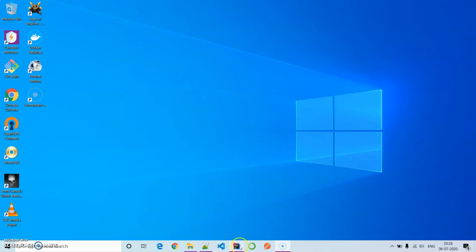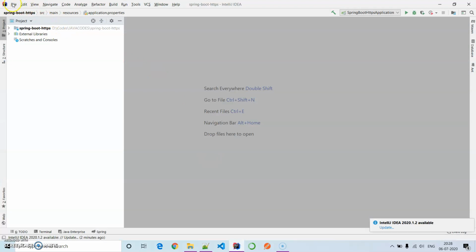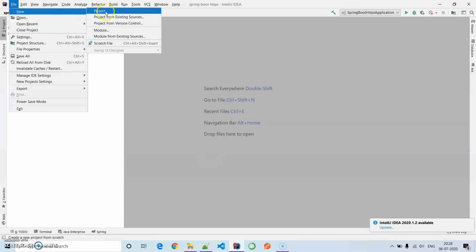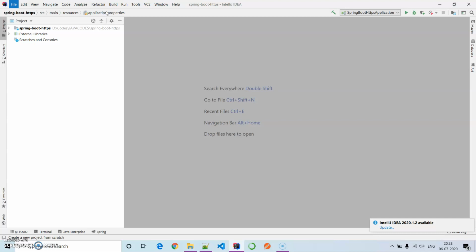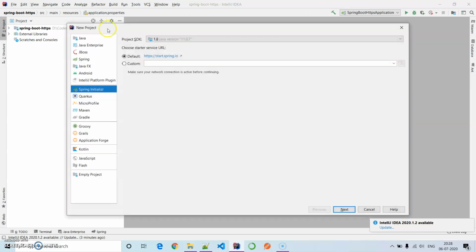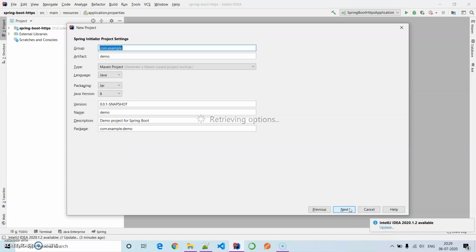So come quickly, let's open a Spring Boot project. I'm going to create a fresh and new one over here, a new project. With the help of Spring Initializr, I'm going to create it. You can do that on your own with the help of the Spring Initializr site. Since I'm using the Ultimate Edition of IntelliJ, Spring Boot, let's give the name as HTTPS REST.